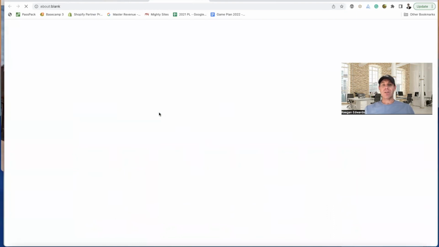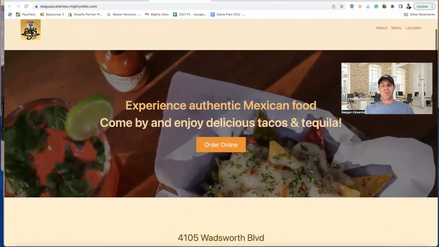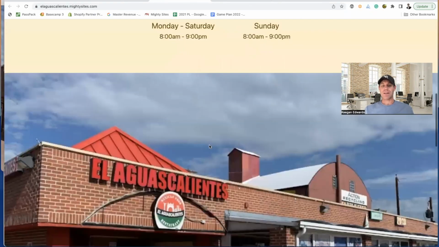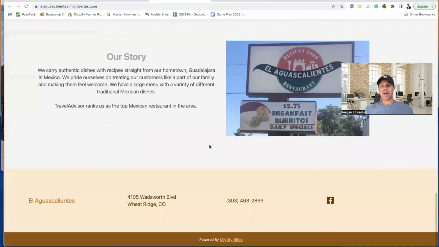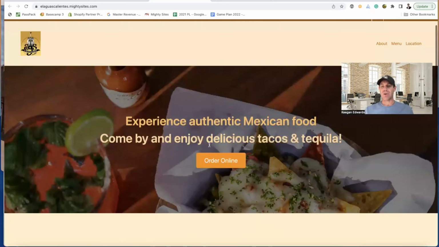So just like that, really quickly and easily, you can build a simple professional website for a Mexican restaurant using Mighty Sites and have it ready to go to start marketing your business and